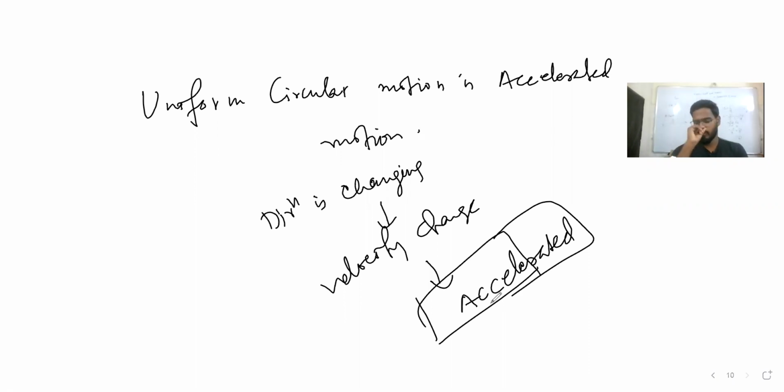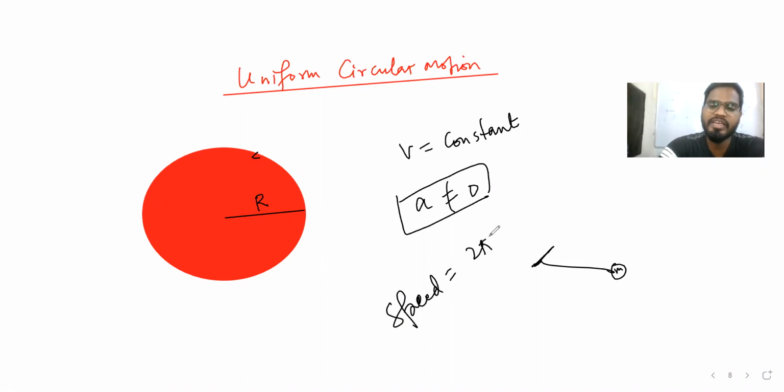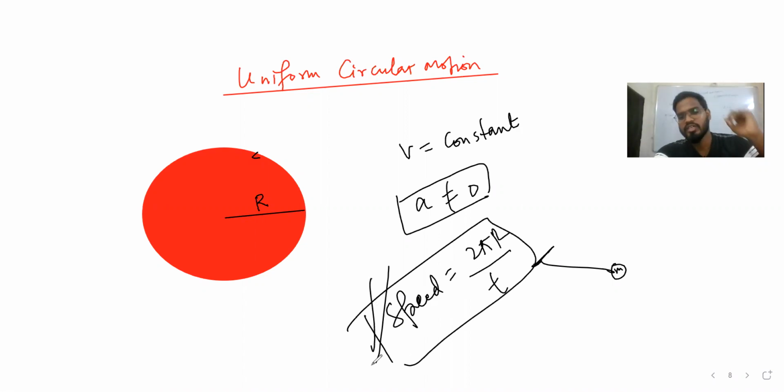Okay. Let's see a little more. If a particle is moving in a circular path, then its distance is ultimately the circumference of the circle, right? If you want to find velocity, you can't find it. Velocity is going to be 0, because it is moving in a circle, so displacement is 0, right? So what is speed? Speed is 2 pi r, the circumference, divided by time T. Circumference by time will give you speed here, right?